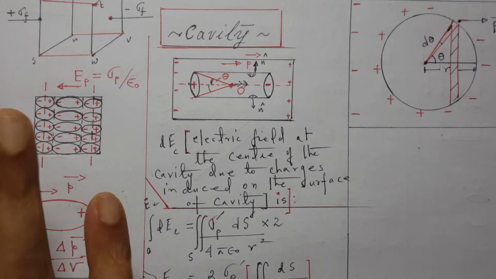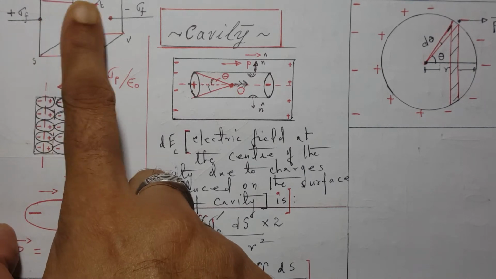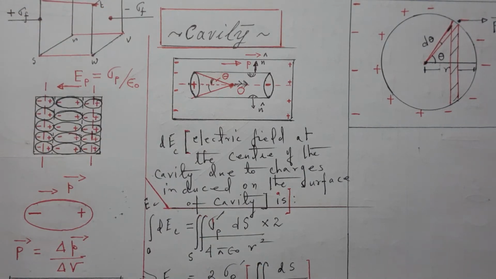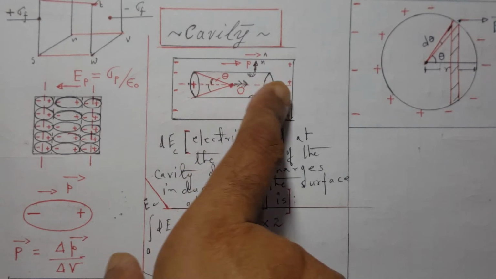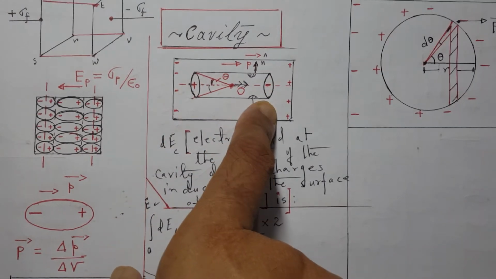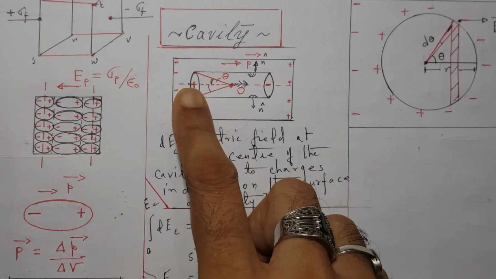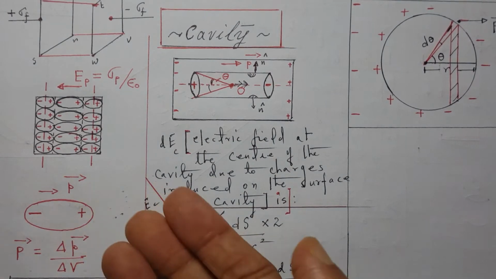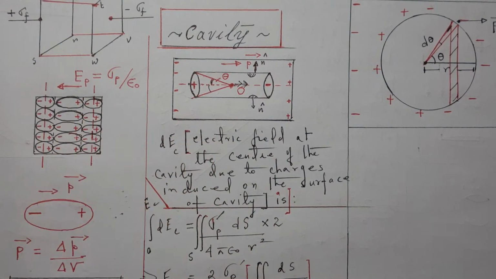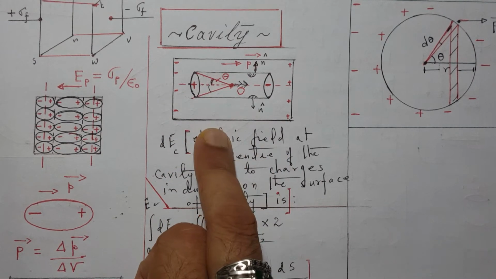contributed due to 4 factors. What are the 4 factors? Let's understand. First of all, because of the charge on the capacitor plates, which I said already, sigma F by epsilon naught. Second, due to the charge induced at the edges of the dielectric, which is sigma P by epsilon naught. Third thing is because of the charge induced on the surface of this cavity, which we are going to find out. And the fourth one is if there are any existing permanent dipoles within the cavity, that will contribute.